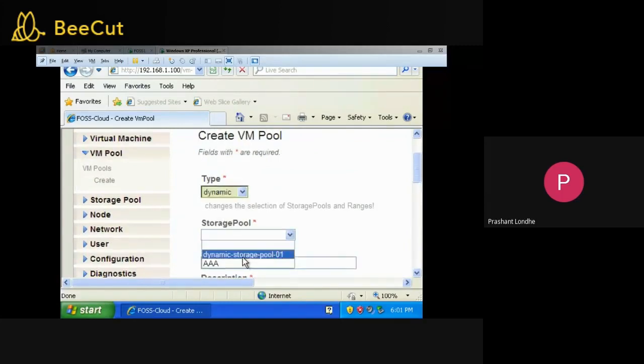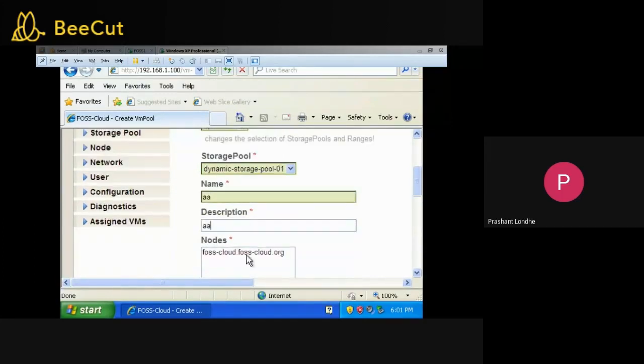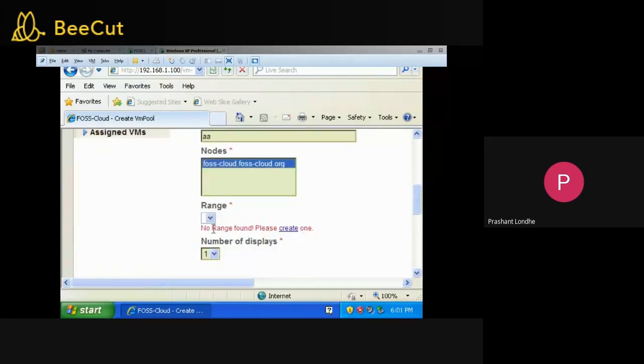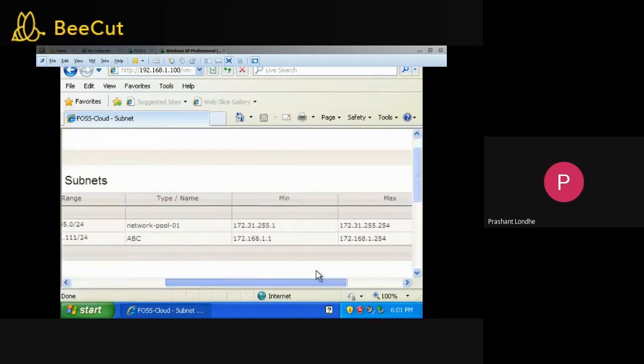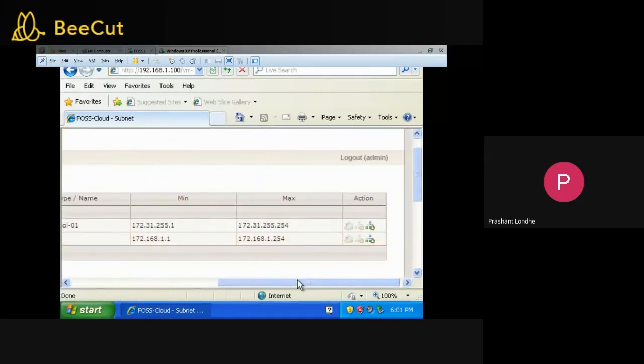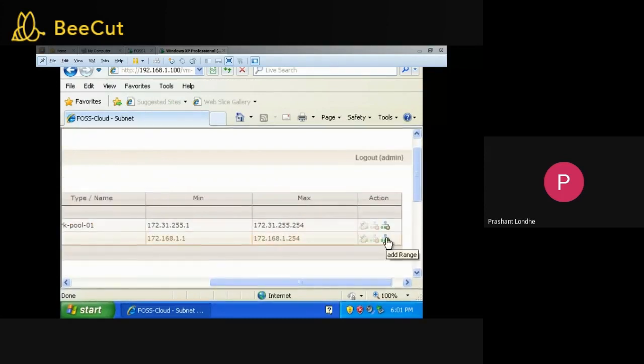I think it will create more issues or more confusion. If you don't have any kind of range, now I have created only one range, which is allocated to that particular AXD. You can click over here and then select any kind of IP addresses, any kind of range.